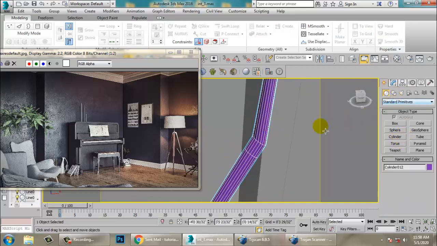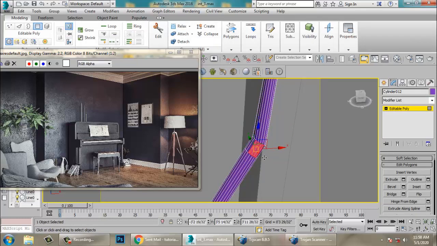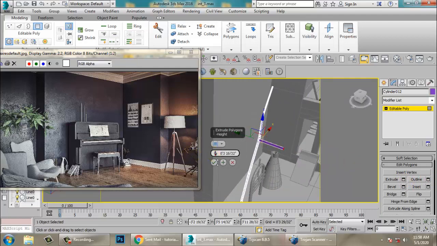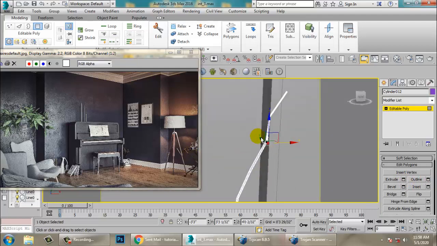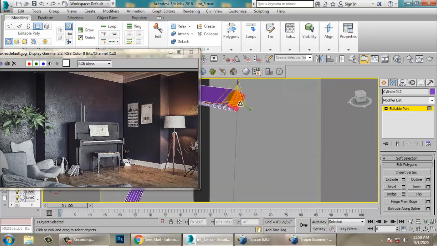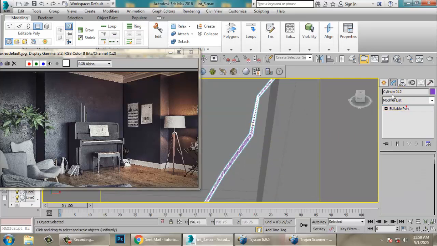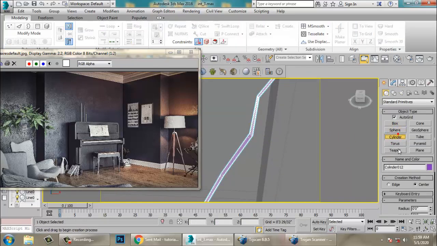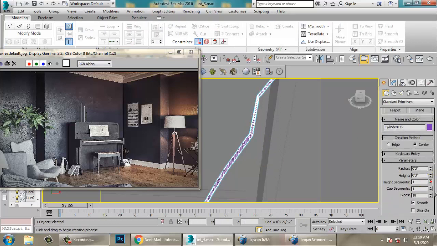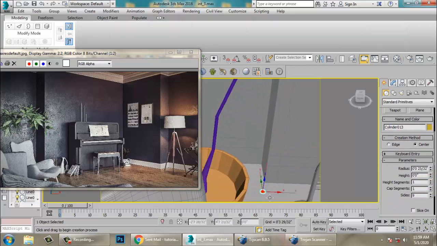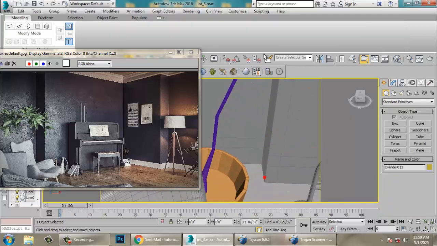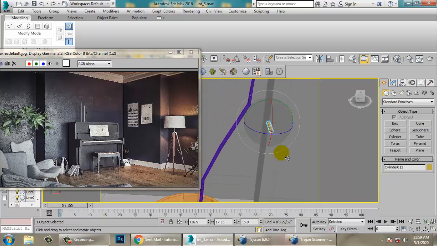You can go into the polygons, extrude this stuff, scale this. Let's take a cylinder with fewer segments and fewer sides. We don't need to give that much detail for now.